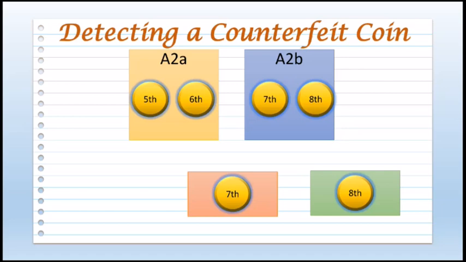So in this way we can find out whether in a given bag a counterfeit coin is present or not. If you see, in the first general method, 8 comparisons were required for the 16-coin bag. But here, at maximum, only 4 comparisons are required to check whether a counterfeit coin is present or not.